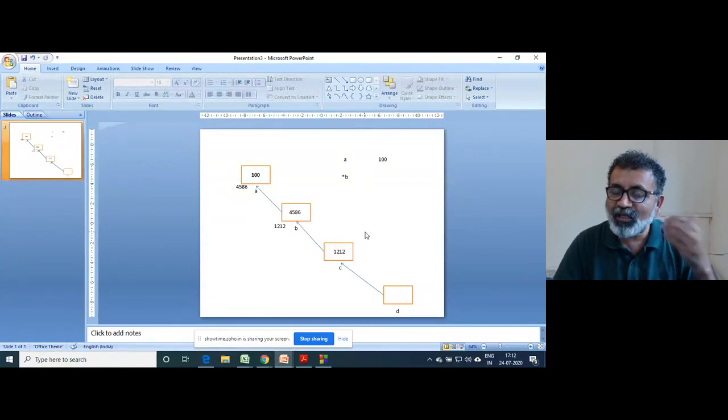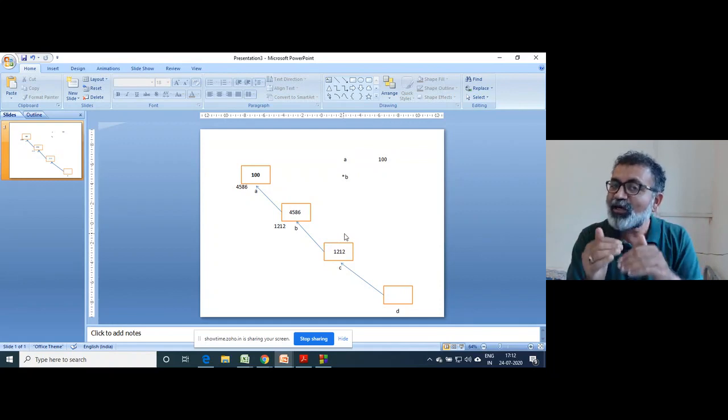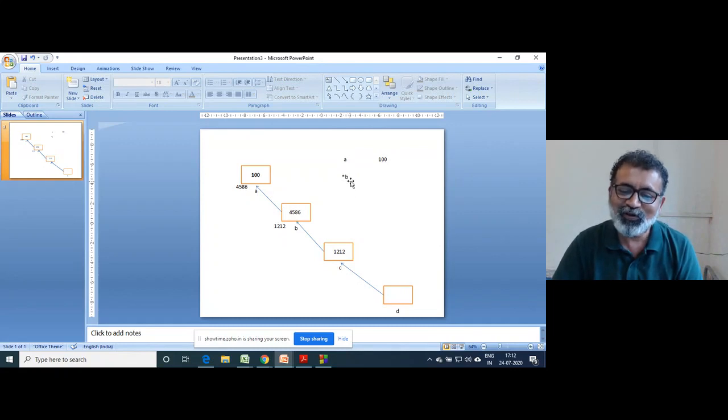So that's why the declaration statement of c is star star c. Even though c contains the address of b, that b again contains an address of an integer variable, and it has its own address.